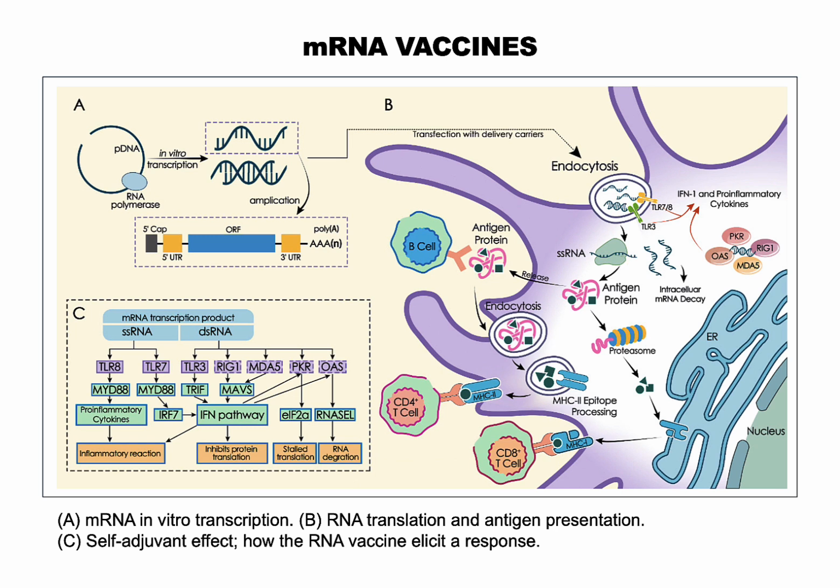Single-stranded RNA can be recognized by endosomal innate immune receptors like TLR7 and TLR8. Double-stranded RNA can be recognized by endosomal innate immune receptors like TLR3, and cytoplasmic innate immune receptors like protein kinase R, retinoic acid inducible gene 1 protein or RIG-1, melanoma differentiation-associated protein 5 or MDA5, and 2',5'-oligoadenylate synthetase